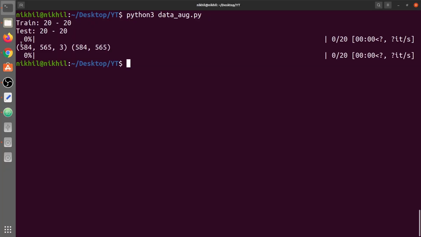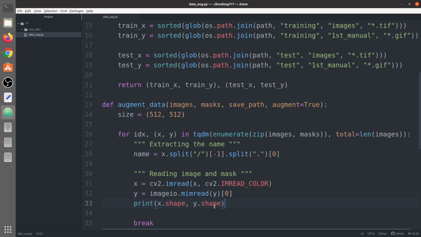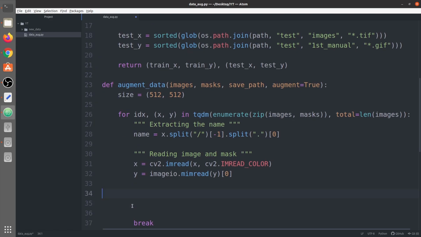You can see this shape. First, it is an RGB image, so it has 3 channels, but a mask doesn't have any channels, so it's a grayscale image, it has only 1 channel. Okay, now we come to this argument part. Here we're going to say if argument equals true.